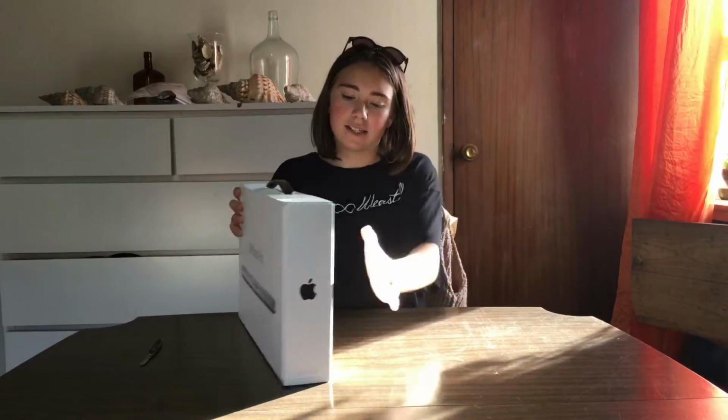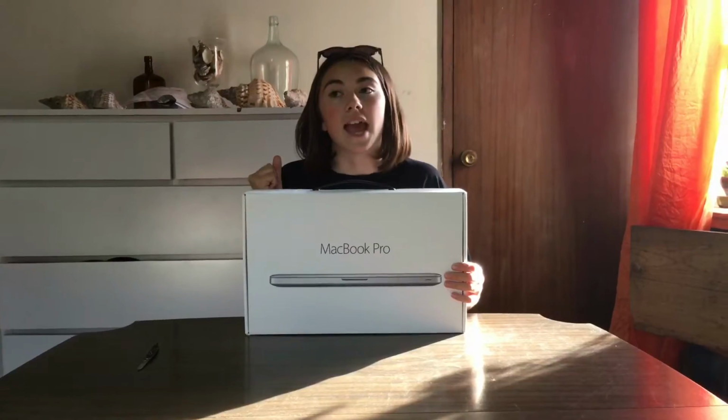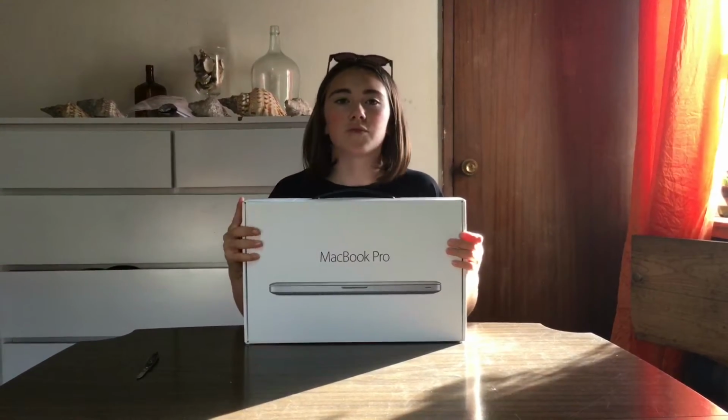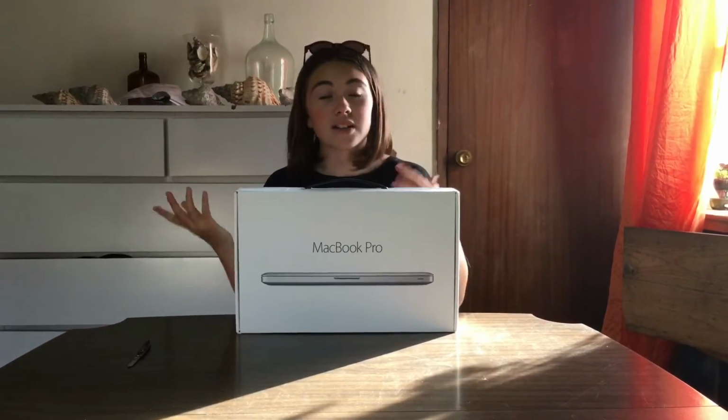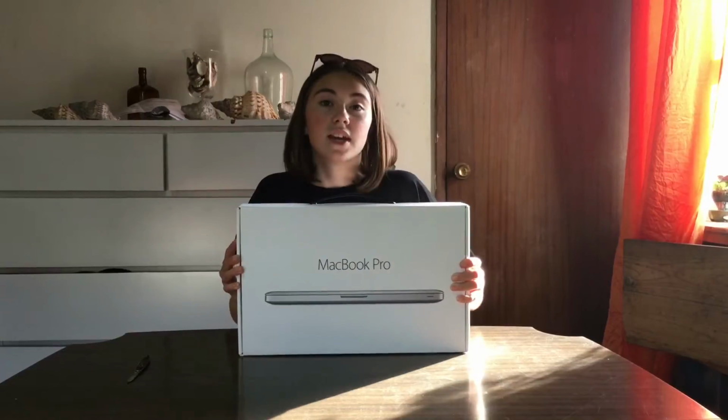So I bought this computer because I need one for school, I need one for editing videos, and in about a year or two I'm gonna go to college for graphic design or art. Either one, I'm going to need a good computer, and I did my research and this was the right one to buy. So it was not cheap, but I am paying it,